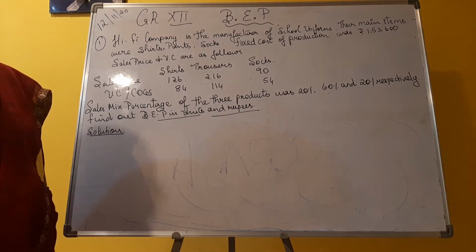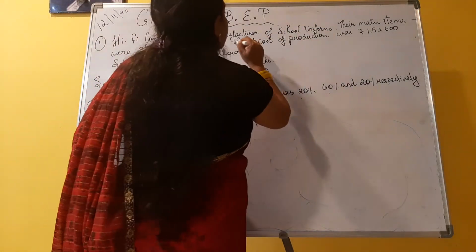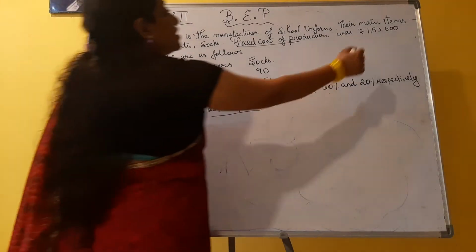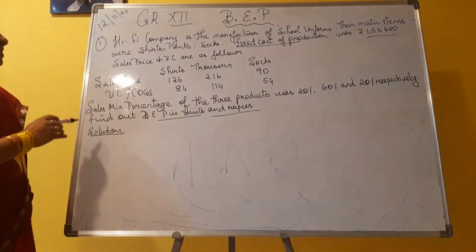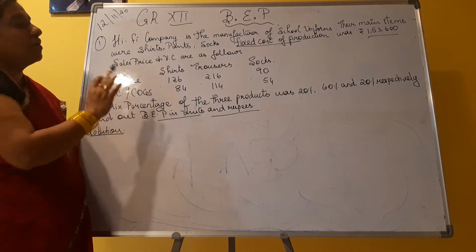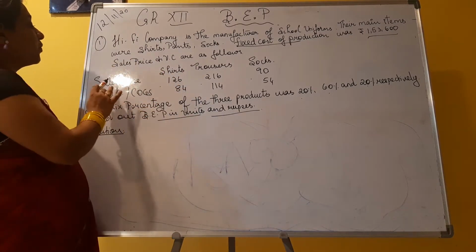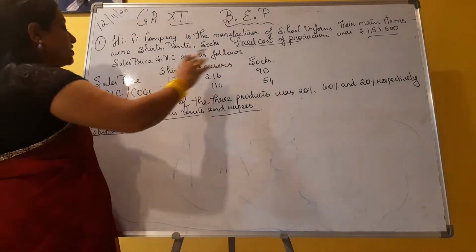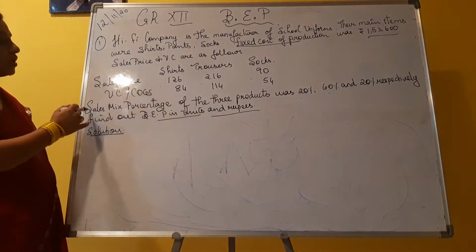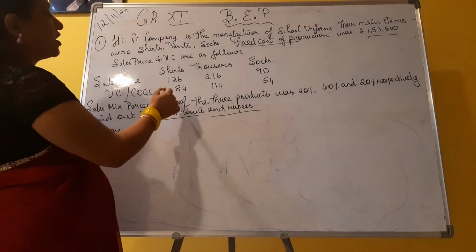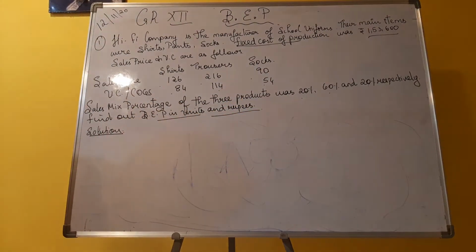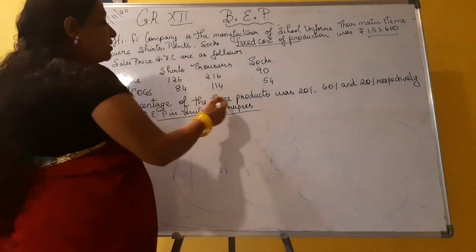In this question, what information have they given? First thing they gave is fixed cost. They have given fixed expenses to be 1,53,600 rupees. And then they have told us the sales price of individual products. Fixed cost is always for all three put together. When you talk about the sales price, individual sales price is given. Individual variable cost is given. Okay children? Now the sales mix percentage of all the three products is 20%, 60% and 20% respectively. Now what are we supposed to find? BEP in units and BEP in rupees.